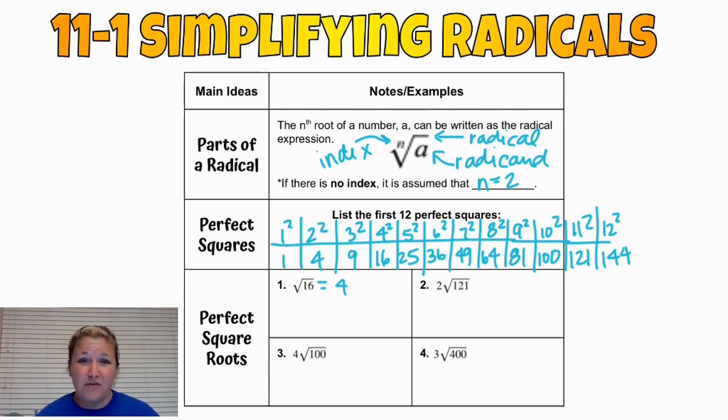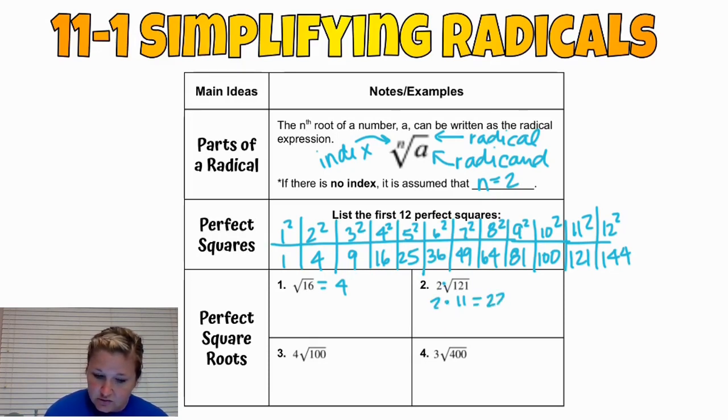Again, you can simplify that using your calculator, so square root, and move on from there. So if you'll see, this time I have a 2 out front. So that's not the index. The index would be right there. So this is not the index. This is going to be 2 times, so it's multiplying by 2. Well, the square root of 121 is 11, okay? And then I have 2 times 11,